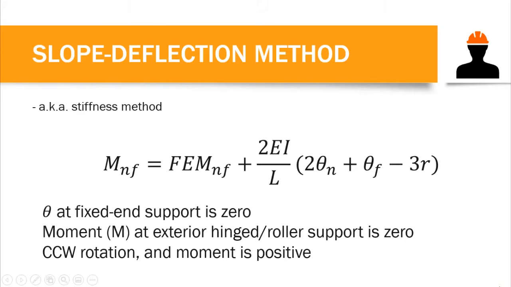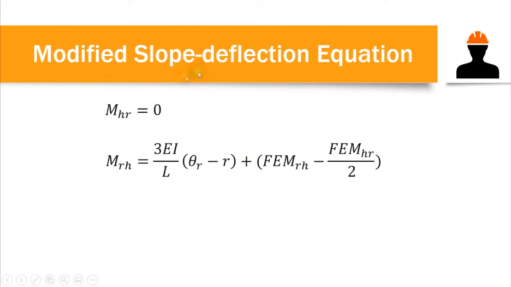In our previous discussion, I introduced the slope deflection equation in which M_nf is equal to the fixed end moment plus 2EI over L times (2θn plus θf minus 3R). However, there are cases where the slope deflection equation could give you a much longer procedure of analysis. So there are cases where we can use this modified slope deflection equation, especially if you have